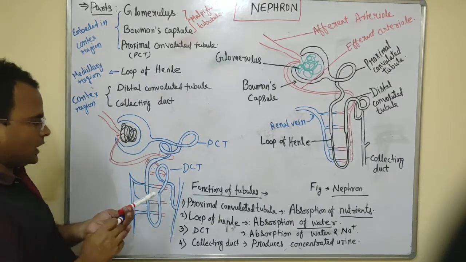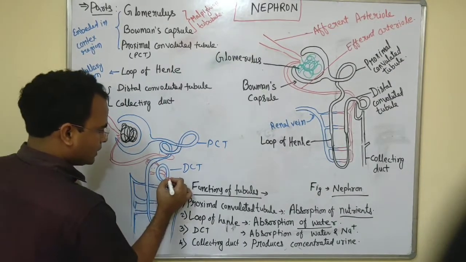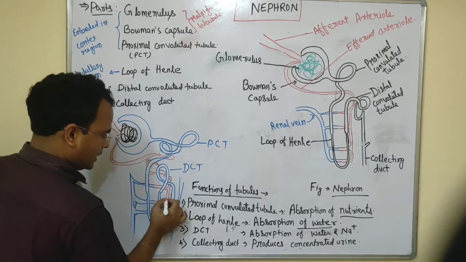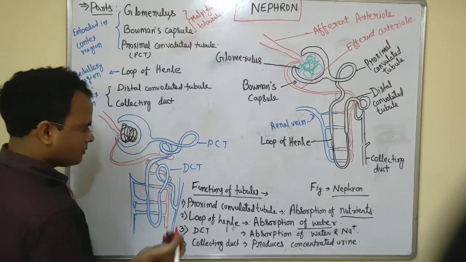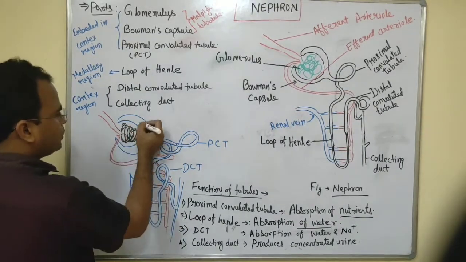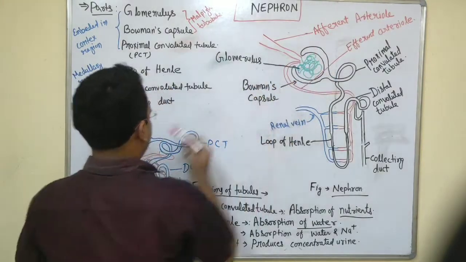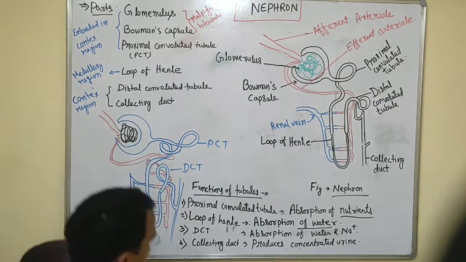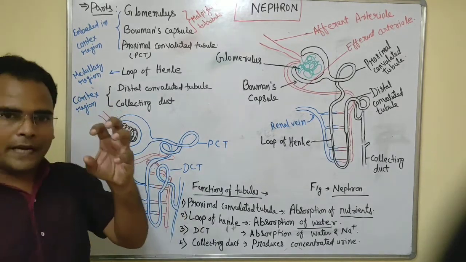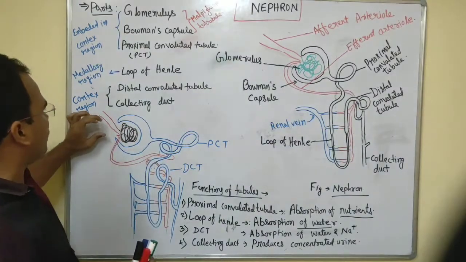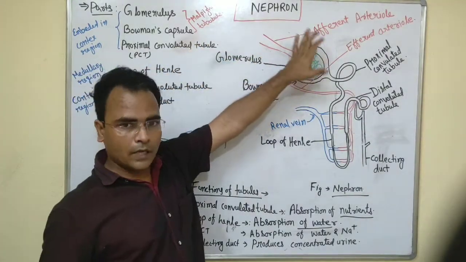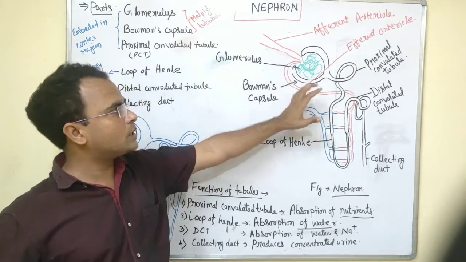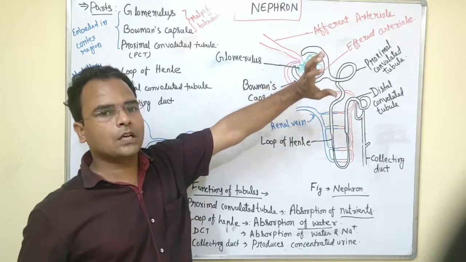And the same with the artery also. This one, now it is coming like this. It came. This is the renal artery. Just connect it. Our simple diagram is done. This is the Bowman capsule, this capsular part. Inside the Bowman capsule, there is a complex network-like structure formed by the afferent arteriole. It comes out from the Bowman capsule as the efferent arteriole, and inside this one it forms the glomerulus.